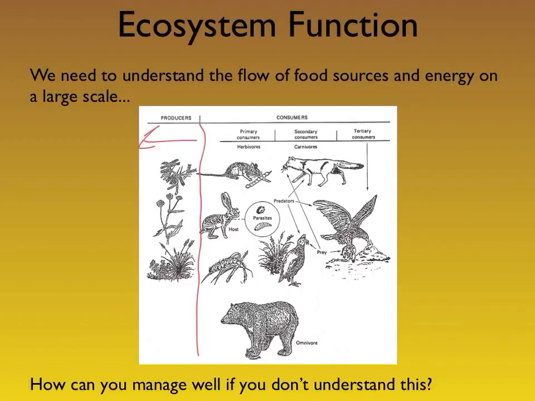They capture sunlight and produce. Over here we've got consumers. They don't produce any energy in and of themselves. They have to consume energy from somewhere else. And we have primary and secondary and tertiary consumers. Biology class will teach you this. Ecology class will teach you it even better, right? But this whole thing, you have to understand the mechanics of this whole thing in order to really understand what's